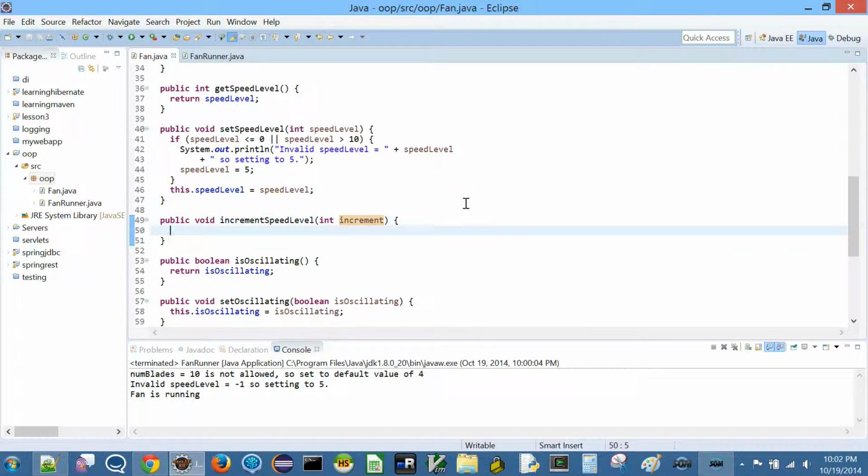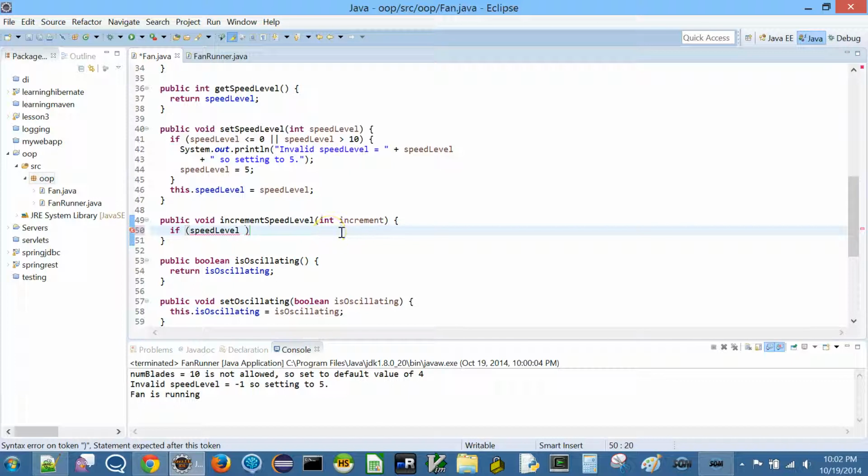So what do we do? We check the current speed level. If it is 9, and I get an increment of 1, then I can increment it to 10. But if the current speed level is already 10, then we cannot accept any increments.